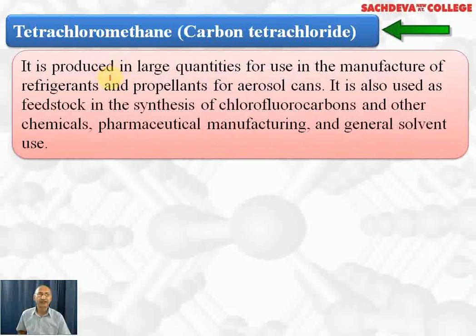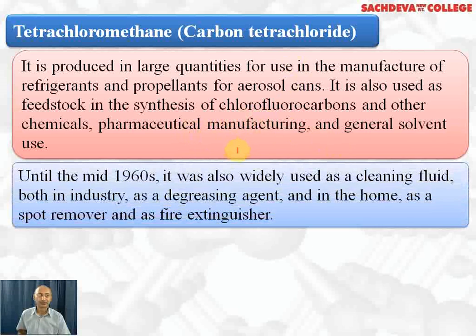Tetrachloromethane, carbon tetrachloride, is produced in large quantity for use in the manufacture of refrigerants and propellants for aerosol means. It is also used as feedstock in the synthesis of chlorofluorocarbons, which are also responsible for depletion of the ozone layer, but are used as refrigerants in air conditioners and refrigerators, and in other chemicals for drug preparation and as a general solvent. Until the mid 1960s, it was widely used as a cleaning fluid